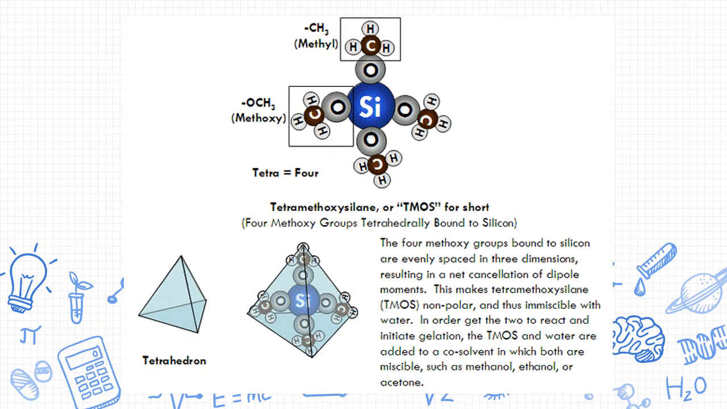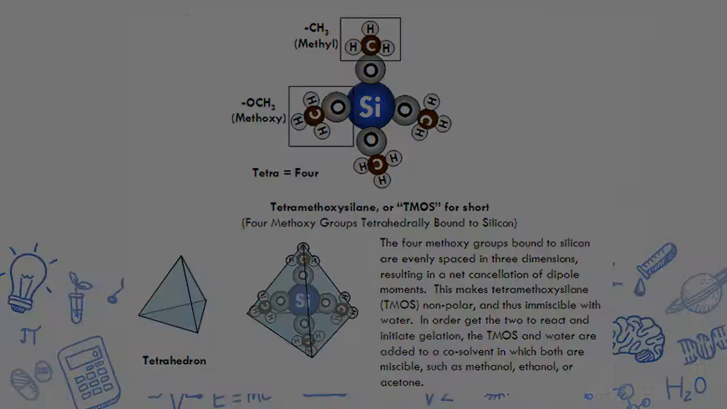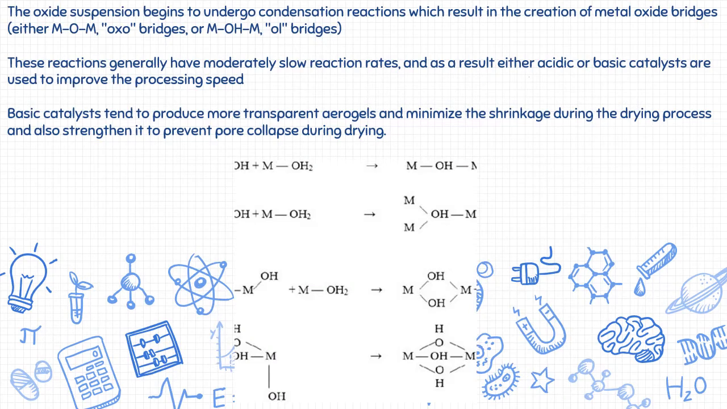The solution of silica is mixed with a catalyst and allowed to gel during a hydrolysis reaction, which forms particles of silicon dioxide. The oxide suspension begins to undergo a condensation reaction, which results in the creation of metal oxide bridges, either M-O-M, which is also called oxo bridges, or M-OH-M, which is also called ol bridges, linking the dispersed